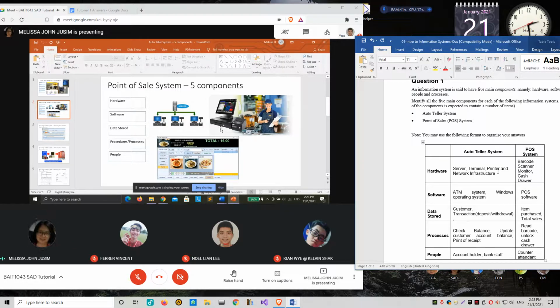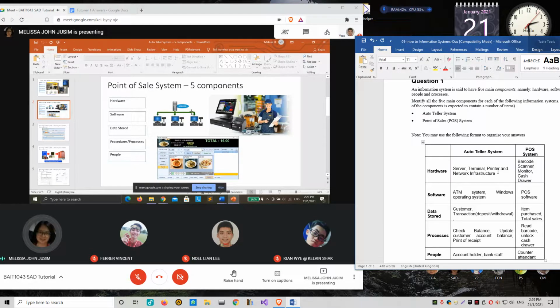So if the scenario given to you says the company has a few branches and every branch is using the point of sale system, include the server, and include the networking infrastructure as well. Like this is POS terminal number 1, number 2, number 3 linked up to this particular server.